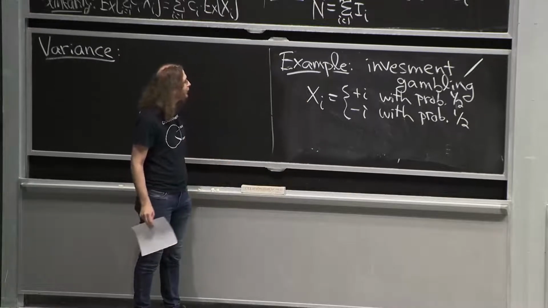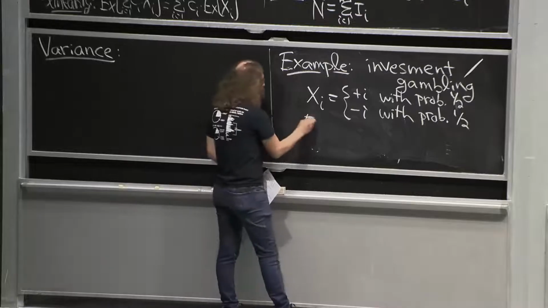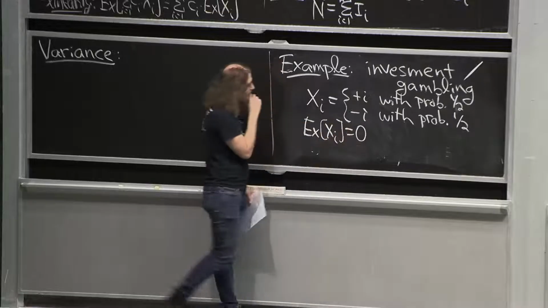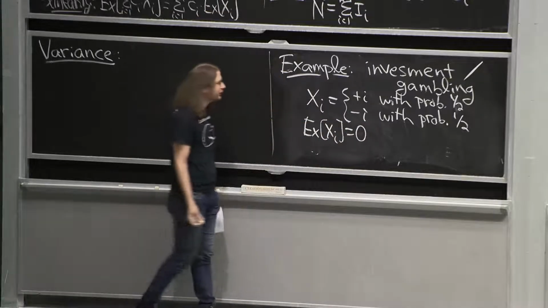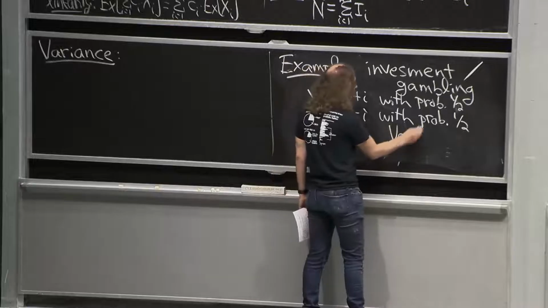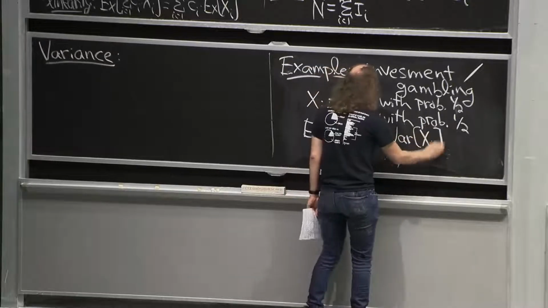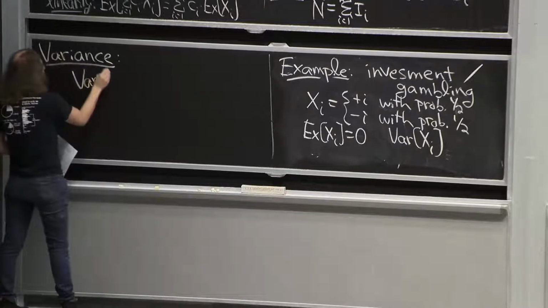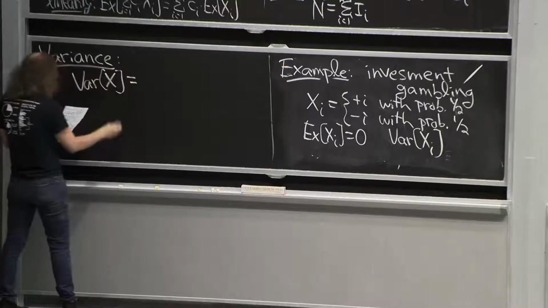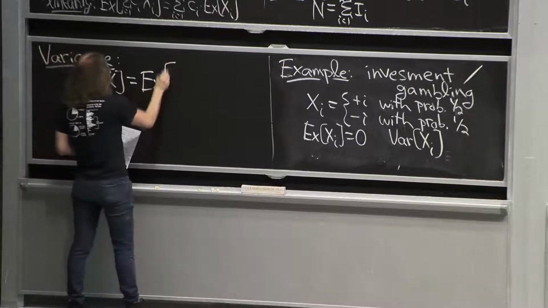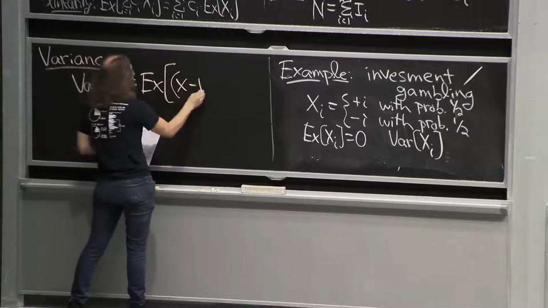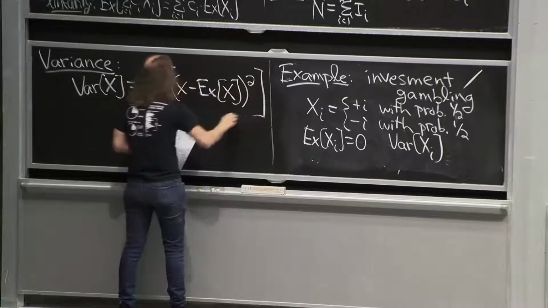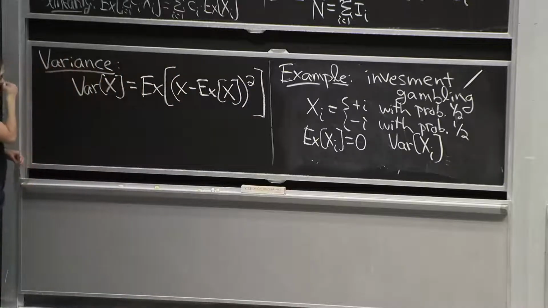OK? So if we look at the expectation, we learn nothing. Expectation of all of these is 0, just like it was in the i=1 case. Variance is going to try to capture something involving i. OK, let me define variance. It's kind of a big formula, but not too big once you stare at it long enough. So many brackets, though. Alternating square and round.